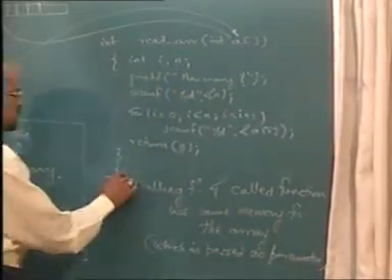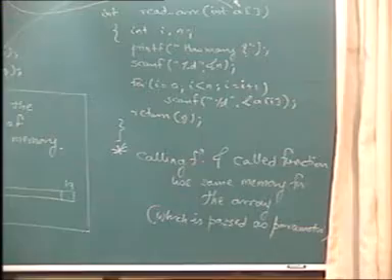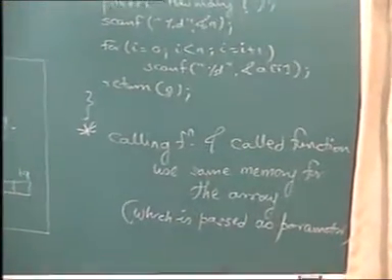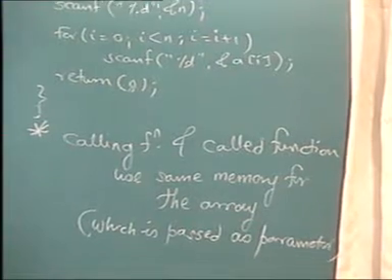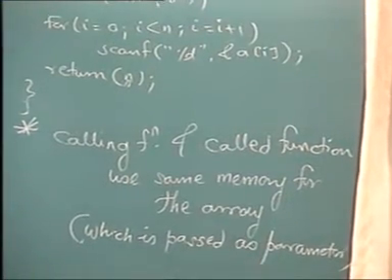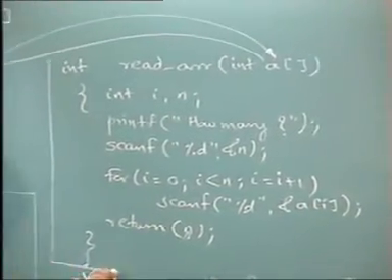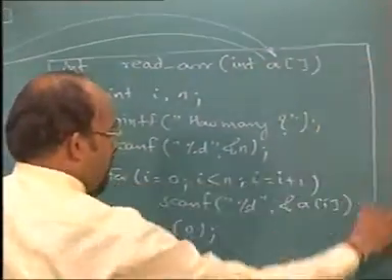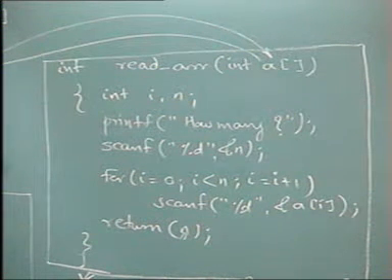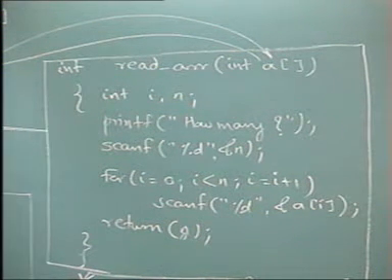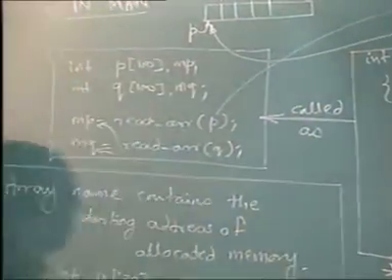One of the most important things, this is quite different from the earlier function, where we said that the variable inside the function and outside the function will have different memory locations. Okay, make a note. This was the function that we have written earlier. This is how that function is called.